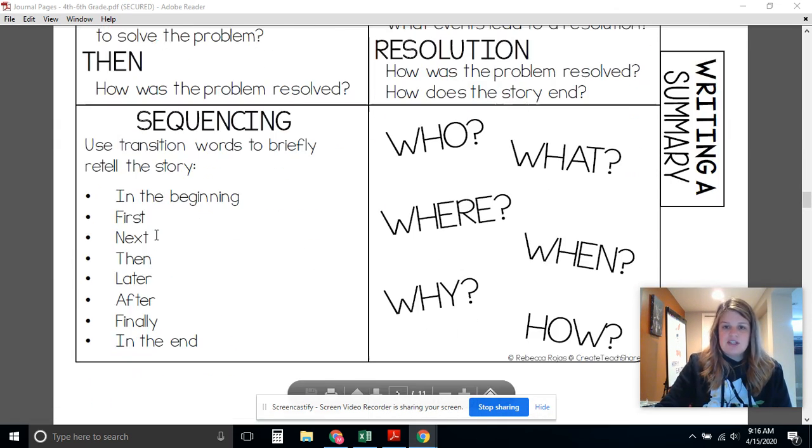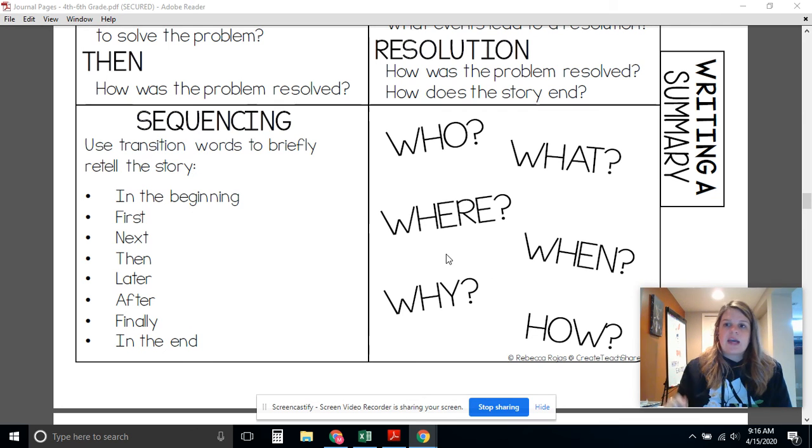You can use some transition words to kind of help retell your story. And then also ask these questions as you go: who, what, when, where, why, and how. Those are just some quick ways to remember, okay, I'm taking the standardized test and I need to retell a story. I'm going to just do who, what, when, where, why, and how. And a lot of the times that will help make sure that we come up with everything.